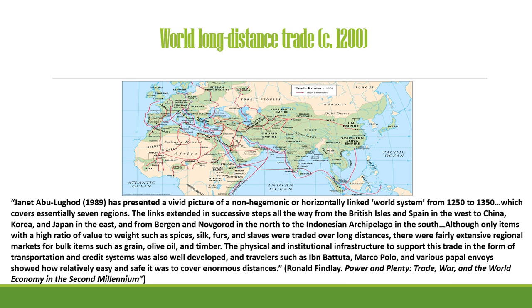It worked sort of all together, not all the time, but overall, this was an interlocking and essentially cooperative system of trade. And that's not to say that there weren't some military or violent conflicts in there. It's saying that in general, this system was horizontally linked. There wasn't a dominant figure in it per se that made the rules and called the shots. There were no rules, but it sort of worked out to be kind of unofficial rules. That's why it could be seen as a system.